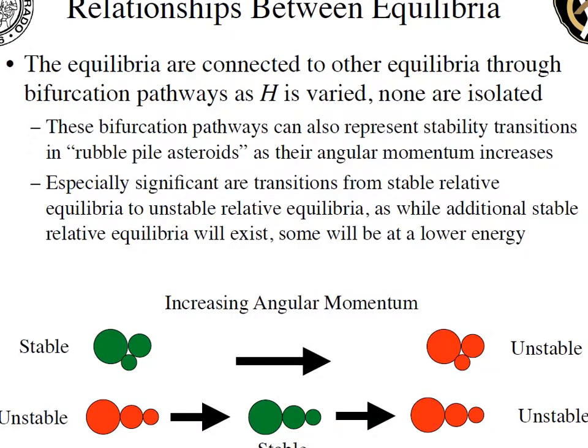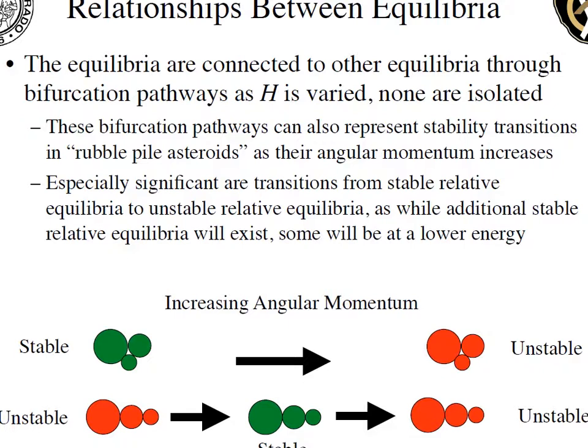All of these relative equilibria are related to each other in some way or another through a bifurcation pathway as the total angular momentum is varied. None, in fact, are isolated by themselves. And the interesting connection to natural phenomena is that these bifurcation pathways can also represent stability transitions in so-called rubble